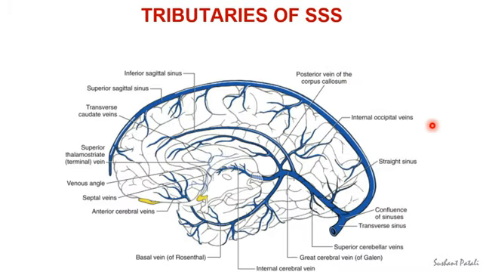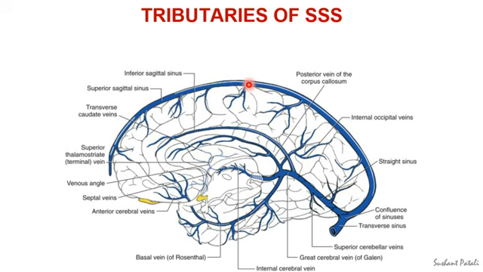Now what are the tributaries of superior sagittal sinus? So mainly the superior sagittal sinus has got 2 tributaries. The first one is the superior cerebral vein. So about 8 to 12 superior cerebral veins collect blood from the superolateral and the medial surfaces of the cerebral hemisphere. They drain into the superior sagittal sinus. So these veins course in an oblique direction, forwards and upwards, and finally they open into the sinus against the current of the blood. This is to prevent the collapse of the mouths of the cerebral veins during increased intracranial pressure.